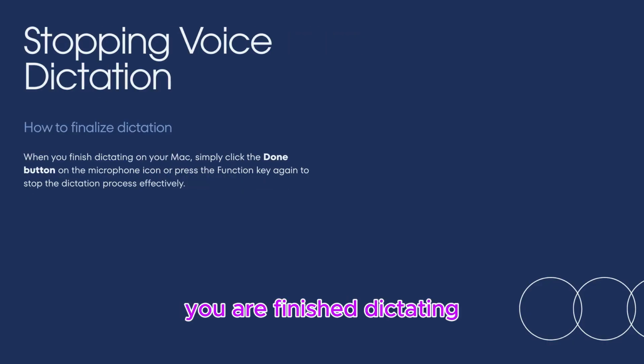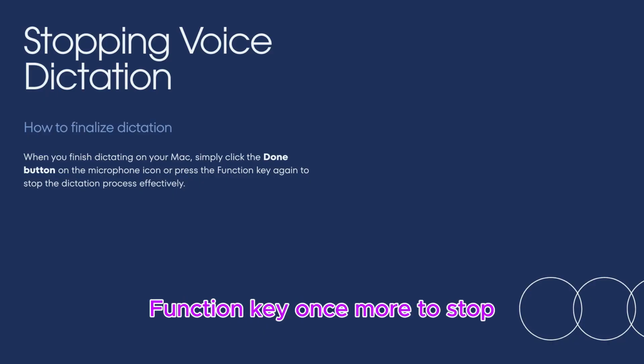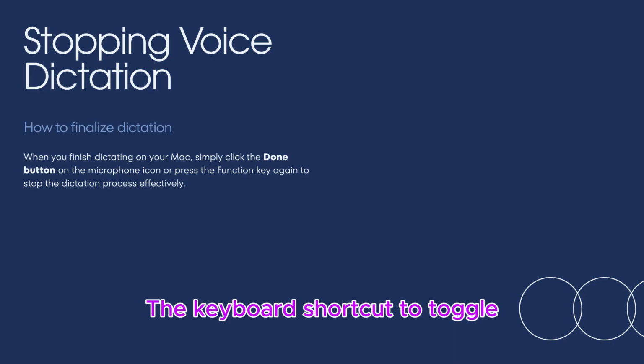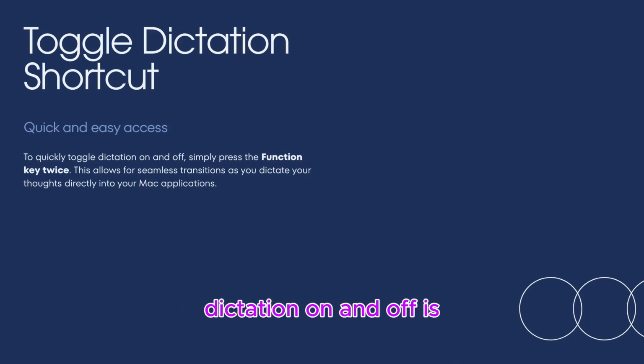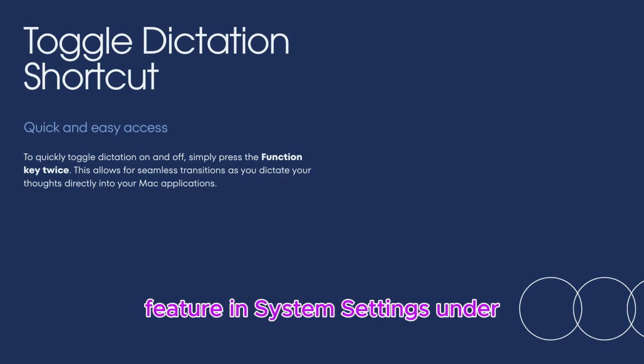When you are finished dictating, click the Done button on the microphone icon or press the function key once more to stop the keyboard. Shortcut to toggle dictation on and off is pressing the function key twice. You can enable or adjust this feature in System Settings under